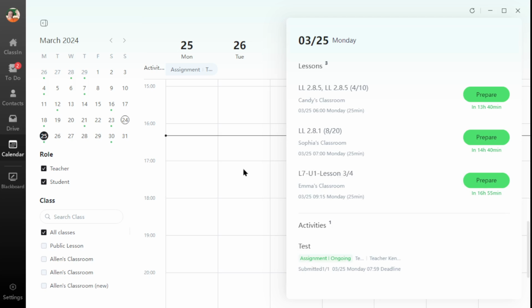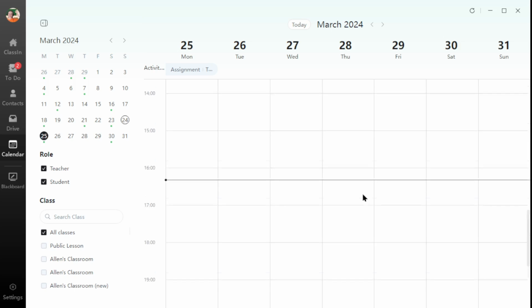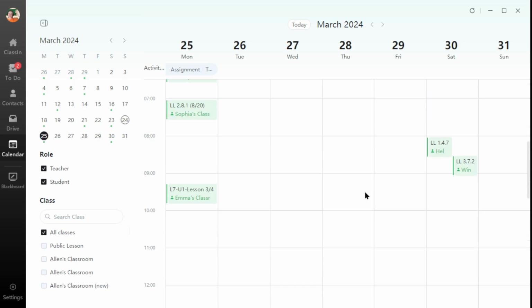So like I said, nothing is gone from the calendar. It's all still there. They just added this new calendar that, again, many teachers don't like, but that's okay. Just ignore the big calendar and come over to the little calendar on the left.